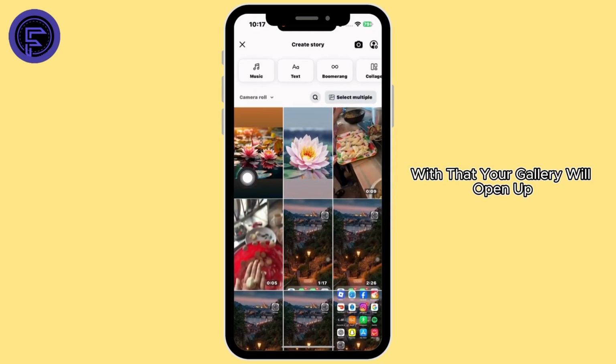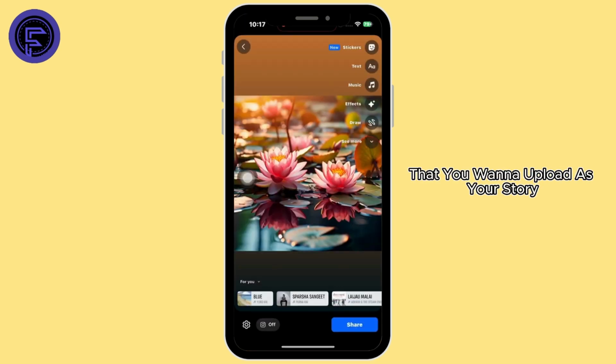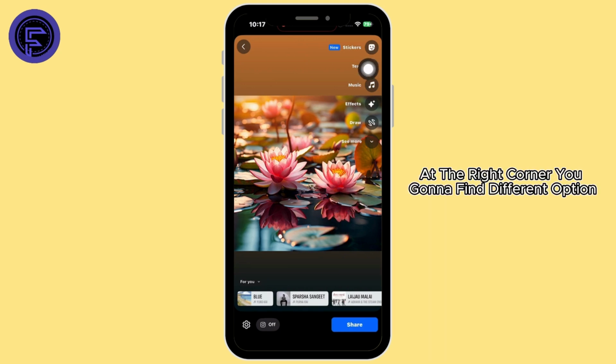With that, your gallery will open up. Now select the video or the picture that you want to upload as your story. So I have selected this one picture. Once you select it, at the right corner you want to find different options. Using this, you can edit your story, and once you do that, click on the settings icon given at the